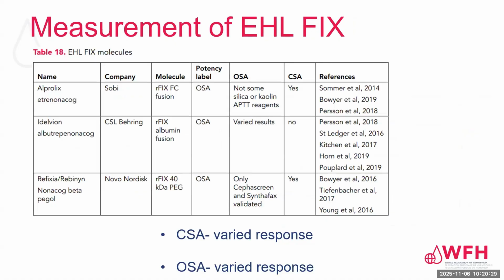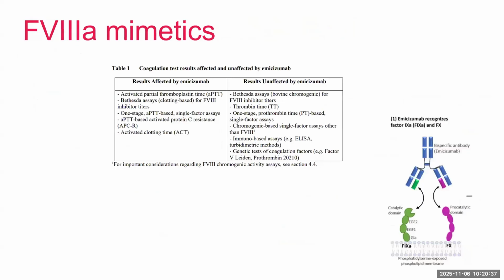And you see a similar picture with the extended half-life factor IX molecules, that some reagents are suitable for use and some are not. What about factor VIII mimetics? So in the UK, about 80% of our patients with severe haemophilia A are using prophylaxis with emicizumab, Hemlibra. And we know that because of its mode of action, it impacts the APTT and will impact any one-stage assays